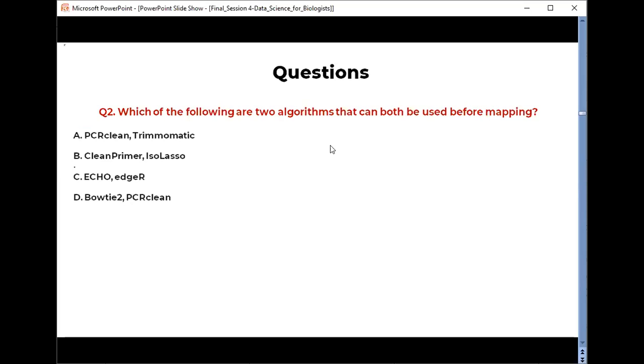Do you remember what PCR clean and trimmomatic are doing? Yes, absolutely correct. PCR clean removes the PCR duplicates and trimmomatic removes the adapters or any non-biological, technical sequences.